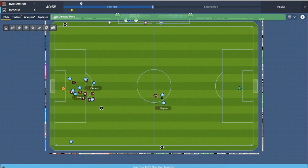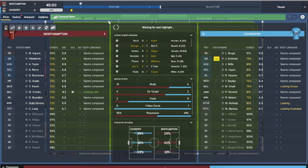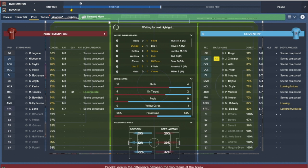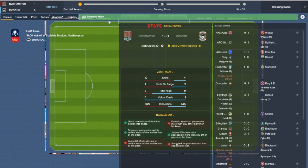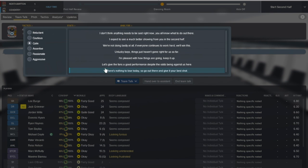As long as it stays 1-0, we're still very much in a game and we can come out at half-time and get a word in a few of these players' ears and hopefully come out in the second half with something a little bit better, because one highlight for them as well. It's been a bit of a boring first half, to be honest with you. We're going to say...